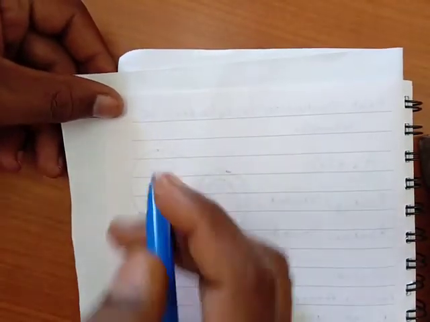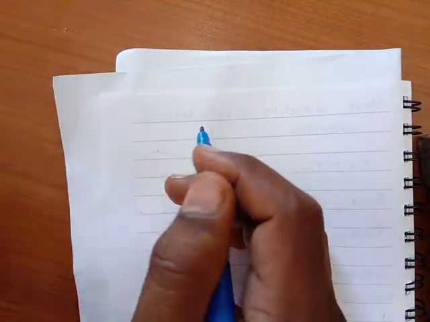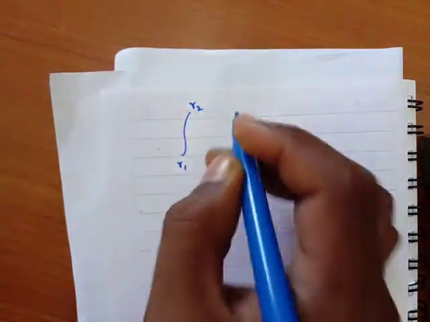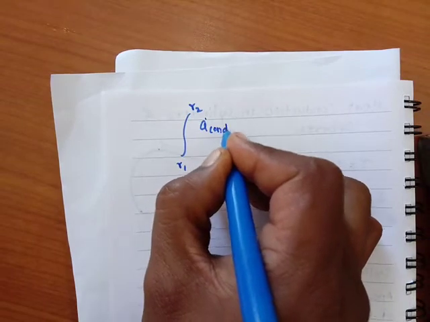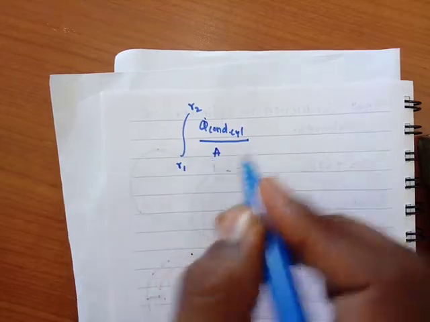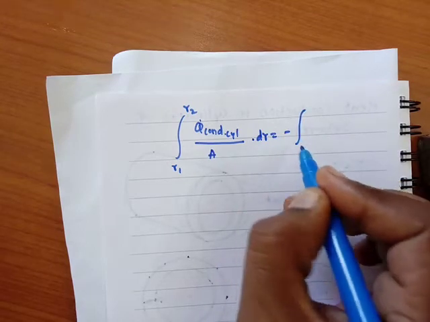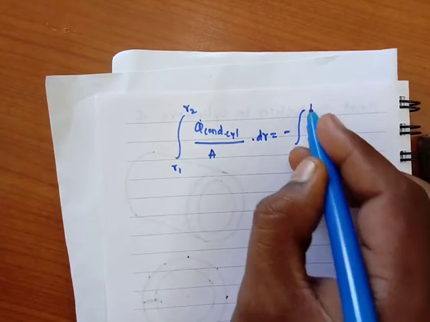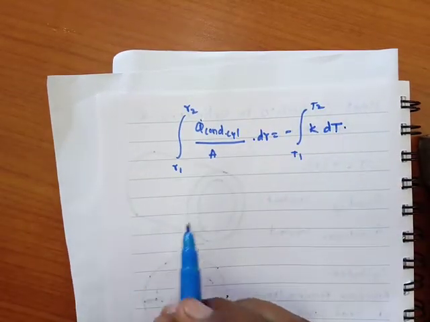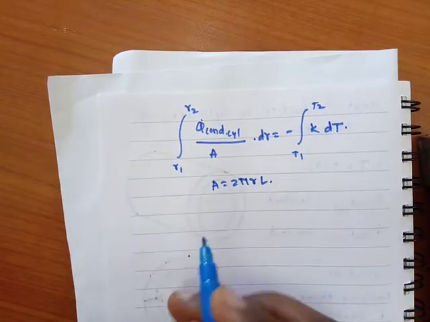Now for this equation we will solve the integration with the limits: integration from R1 to R2 of Q conduction of cylinder divided by area of cylinder multiplied with dr is equal to minus integration from T1 to T2 of K dT. If you substitute the value of A as 2 pi r L, then